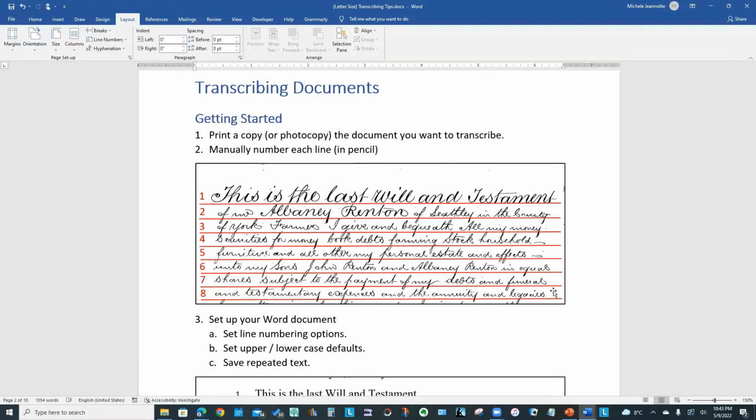What I would then do after I've manually numbered each line on a copy of the source document, I would then do some setup in the Word document I'm creating, which will actually be the transcript of this will. I would set automatic line numbering options so that my transcript lines are numbered to match this source that I'm working from. I would set my font upper and lowercase defaults,